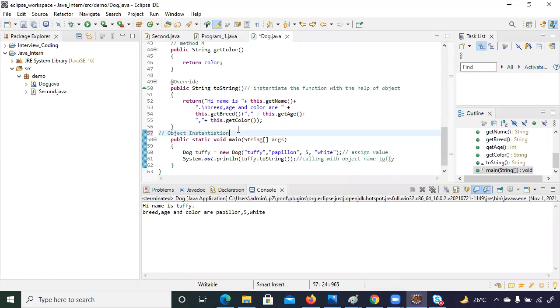See, I already told you, what do you mean by object instantiation? Repeatedly, multiple times I told you, right? Object instantiation means that when you create an object of the program, your whole program gets a space in the RAM, and as the program gets a space in the RAM, the compiler will start executing the program. Do you understand now, object instantiation? Yes, sir. Yes, sir.